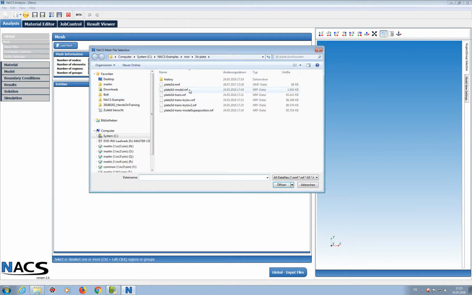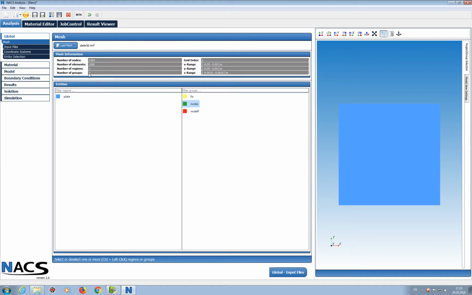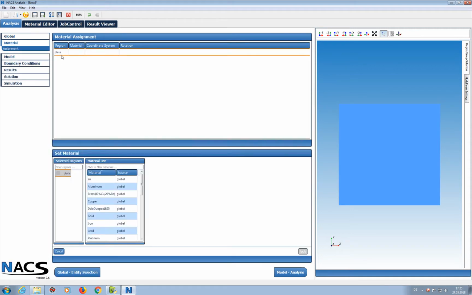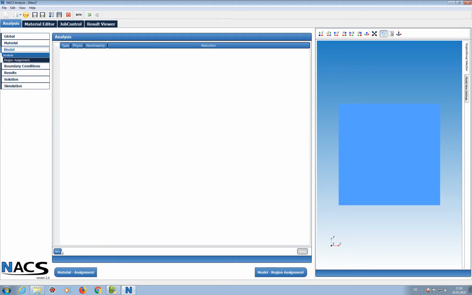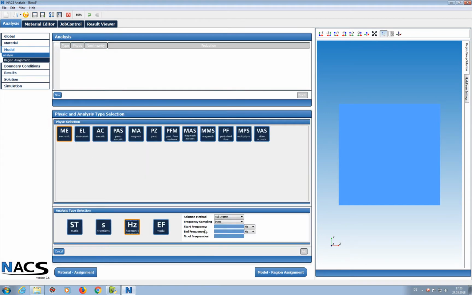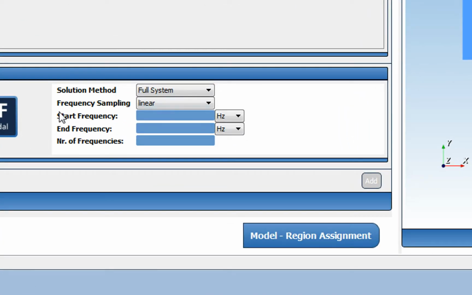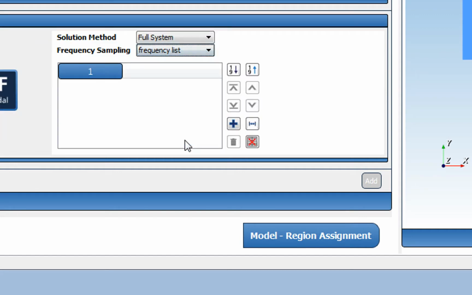Now one last thing. Here we again load our mesh file and set up a certain material for that plate. What I want to show as last item is the change in the harmonic analysis setup. Here we have different frequency sampling types, and the new sampling type is called frequency list. Then another item opens here, and here we can either add just single items and enter a certain discrete frequency where we want to obtain results later on, or we can also